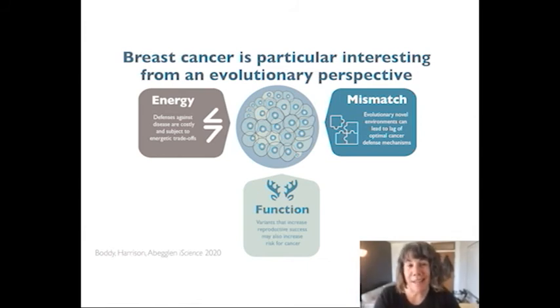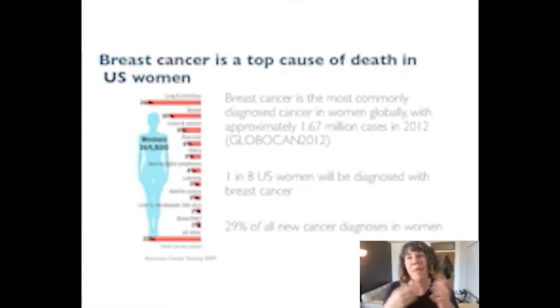Okay, good. So I'm going to transition to say, we looked at life history trade-offs across the tree of life. Does this framework apply within human populations? Can we see the same trade-offs? And for this, we're going to use breast cancer as an example. I'm inherently interested in breast cancer because it's one of the top causes of death in US women. It's a leading cause of cancer globally